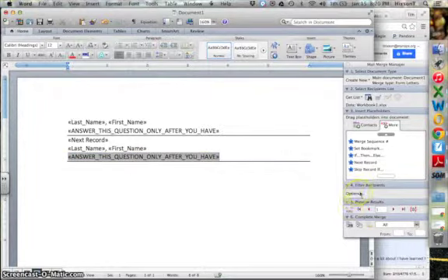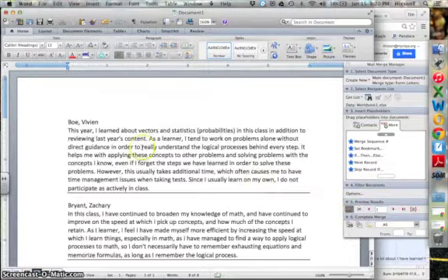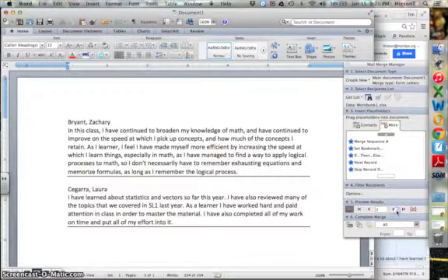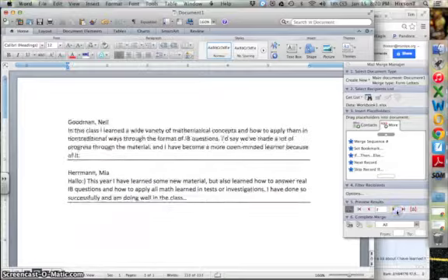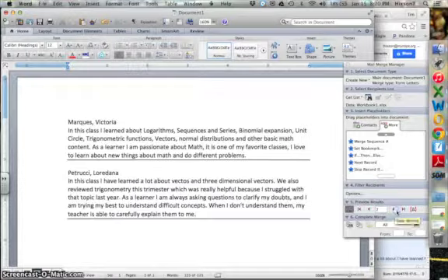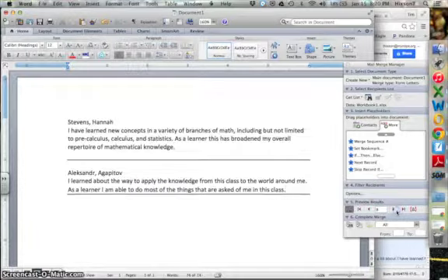And the nice thing about this is that you can preview your results. Okay, so I'm going to click on this, and you'll see here's my first 2 students. I can hit the right arrow here. Now it scrolls through them one at a time, but you get a good idea to make sure your layout is good